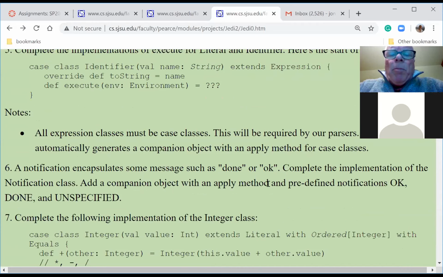So the policy, our policy in Jedi is this, that if an expression has a side effect, produces a side effect, then it does not produce a usable value. It just produces some kind of an acknowledgement that the side effect happened. Okay, so I don't like hybrid expressions. A hybrid expression is one that produces a value and a side effect. So we've talked about this before in class. We don't like both of these things.